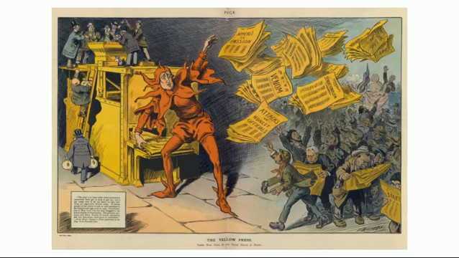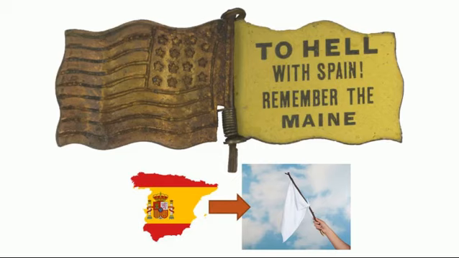So what you're seeing, this is a really great cartoon for yellow journalism. You can see that it has the yellow press, and the devil is giving it to all the people, because that's what they want. They want the juicy, gory stories of these poor men that are going there. And so because of that, things shift, and now all of a sudden we're going to go to war with Spain over an event that really wasn't Spain's fault. But it doesn't matter, because you know what? We're going to do what we're going to do.